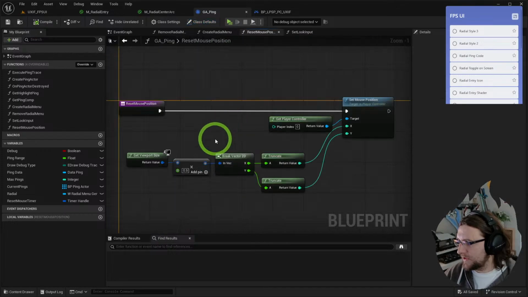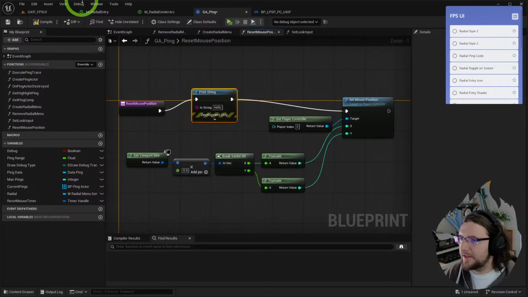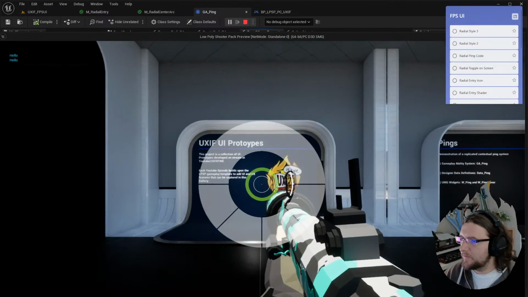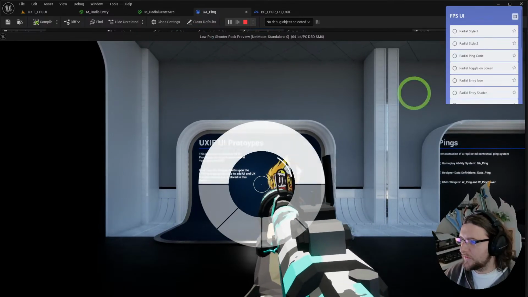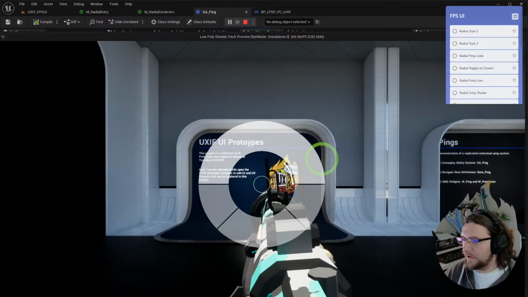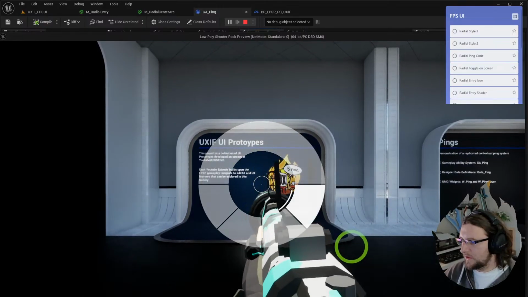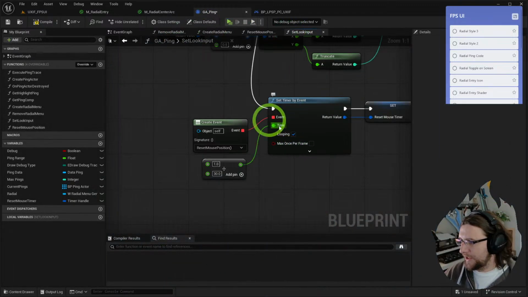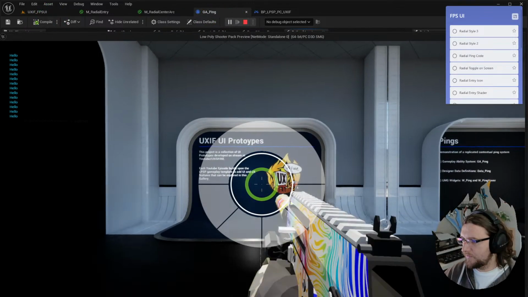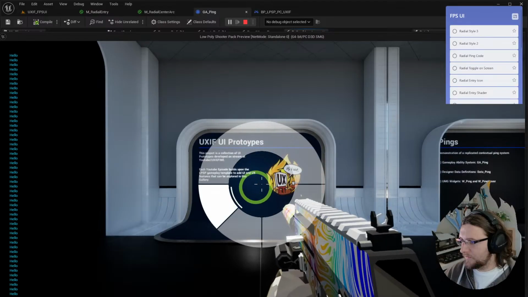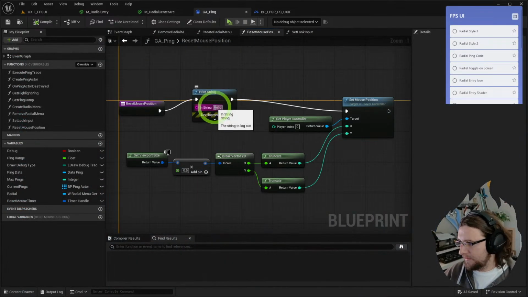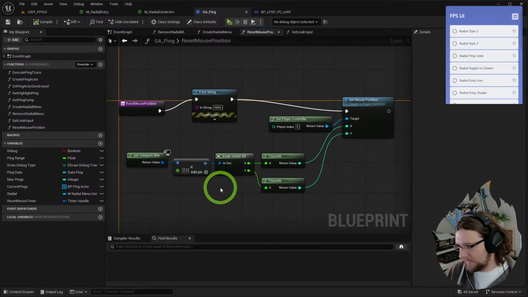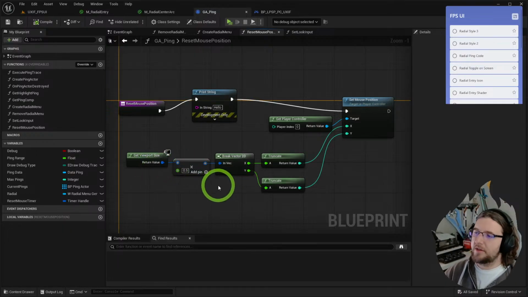Here we've got a reset mouse position function. It's just going to reset our mouse to the center of the screen. Hopefully this is being called repeatedly, so just a little print on screen here. So yeah, it gets called twice and then stops, and so that needs to call a lot more often. Have a look. It should be looping here. So it's looping, and it's setting our mouse position to the center of the screen, which is making the